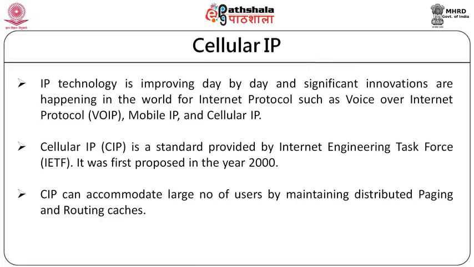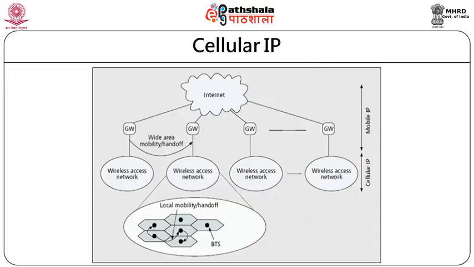There are basically four fundamental design principles of cellular internet protocol. Location information is stored in distributed databases. Location information referring to a mobile host is created and updated by regular IP datagrams originated by said mobile host. Then location information is also stored as a soft state. And the location management of an idle mobile host is separated from the location management of the active host. So basically cellular IP is also managing the local locations, in the local location how the movement is to be done.